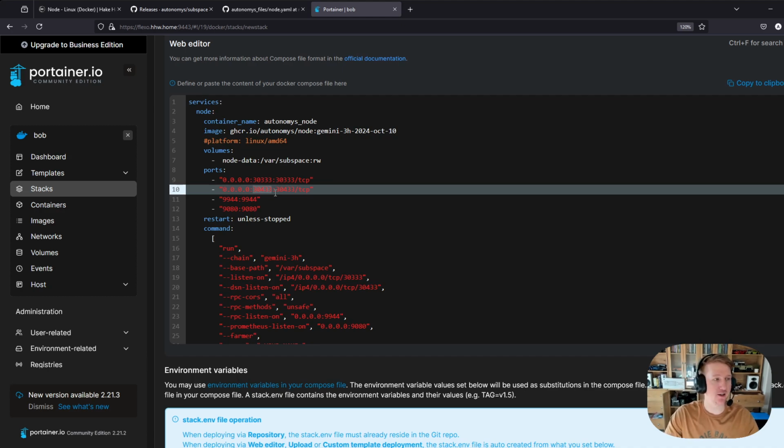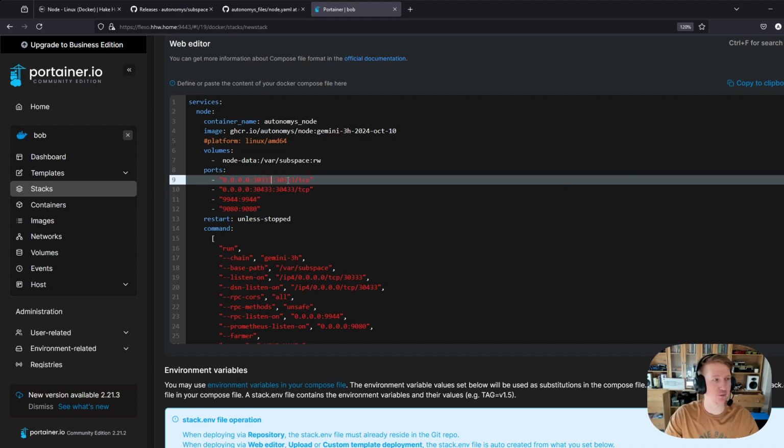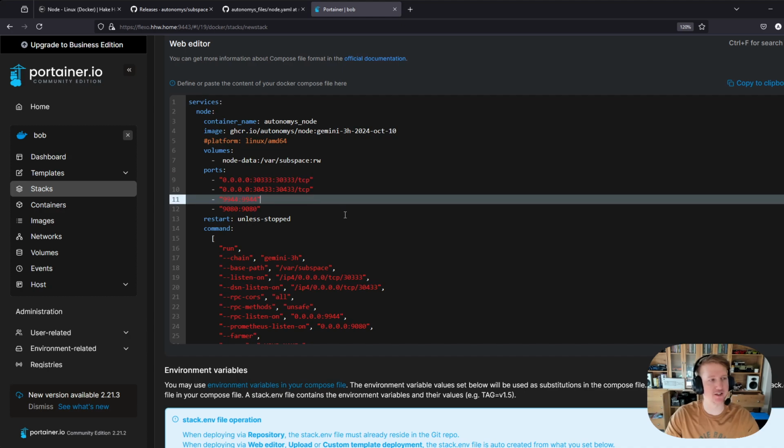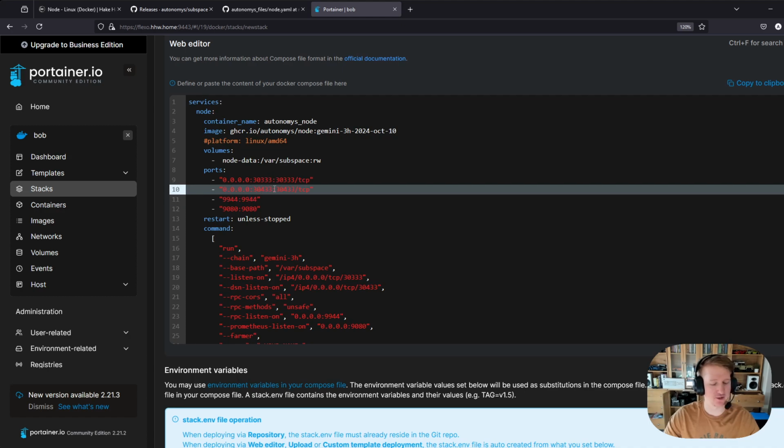So you can update these. Like a lot of people will just do like a one-up number, so 30334 and 3334. I prefer to change both sides, but I guess you could only change one side, like the host operating system facing side, but I think it's best to just change both, and then you would just update this one as well. Oop, not that high though. Oh my gosh. But I'm going to leave these the same, and then